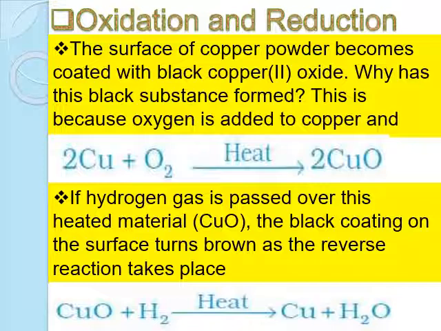Now we can see one example: any metallic surface like copper or aluminium. This type of metal is gradually coated with a black substance, which in the copper case is known as copper(II) oxide. Why is this black substance formed? On the aluminium surface, you might have observed that when we bring utensils from the market, they are silvery white, but later on they become dull. Why does this occur?